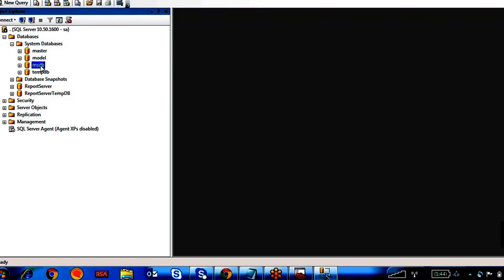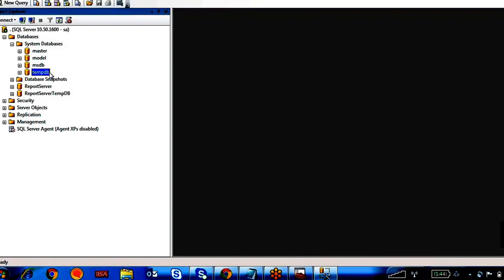And what about the MSDB? The MSDB database holds SQL Server Agent related jobs and that kind of information. What about the temporary database? For example, if you write a query and execute it, that query needs some temporary memory to execute and to store the information it is going to display.